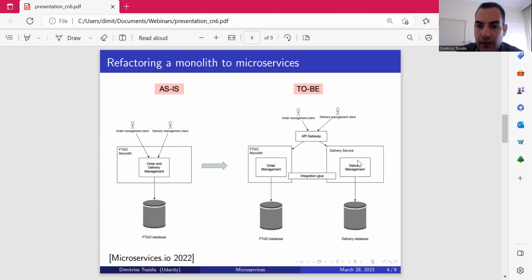Right now, it's a delivery service which has the code which can serve this request for the delivery management. So this takes the request and sends the data to the delivery database, which is a specific database for the delivery. So you keep the old application, you erase